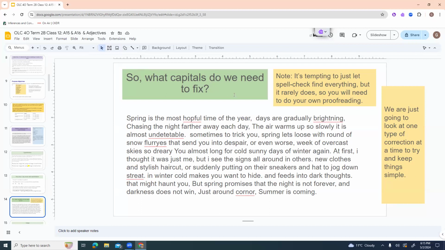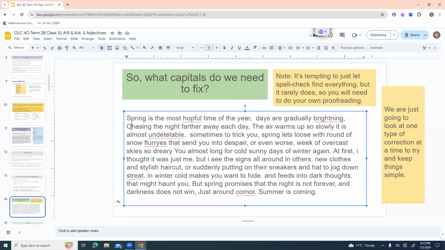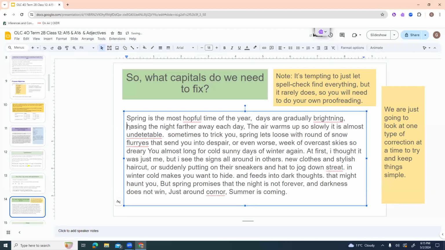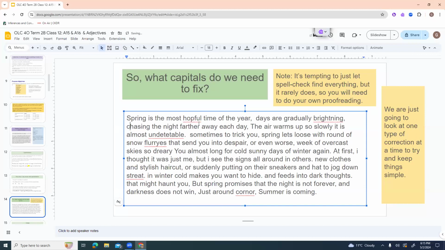So, "spring is most hopeful time of the year. Days are gradually brightening. Chasing" — okay, chasing is in the middle of a sentence, so it doesn't need to be a capital. It should be lowercase. "Chasing the night farther away each day. The air warms up so slowly it is almost undetectable. Sometimes" — that should be a capital S. "To trick you, spring lets loose"